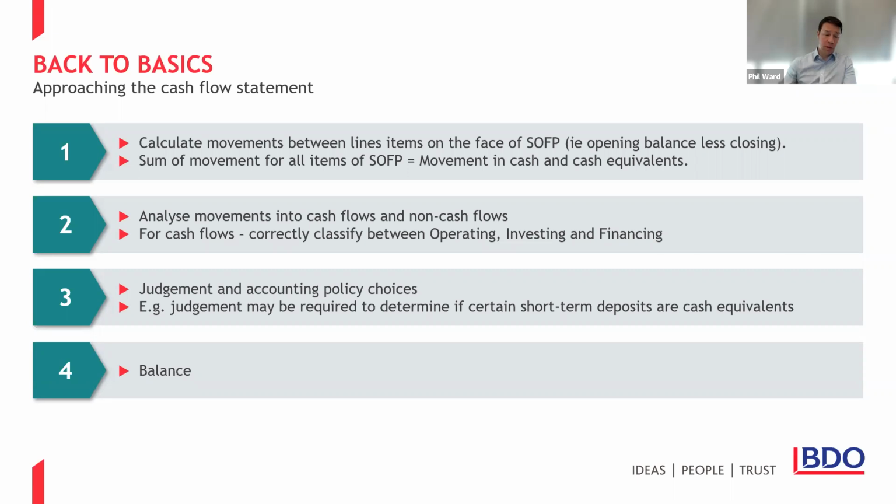In step 4, we get to the point where we are balancing our cash flow workings. Obviously, if they don't balance, you post the difference to the creditors movement. That was a joke. You absolutely do not post the difference to the creditor movement. You don't post it to anywhere until you fully understand why the cash flow doesn't balance. It might indicate an error has been made elsewhere, or that there's an error generally in the financial statements that needs to be analysed. But you would be surprised how often we do see differences in creditors, and it usually stands out like a sore thumb as a huge creditor movement in operating activities when you just wouldn't expect that in most instances.